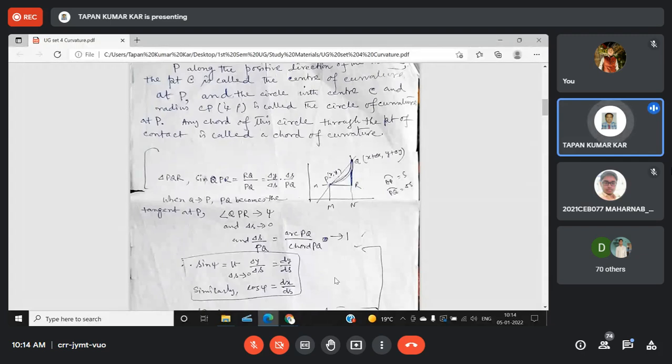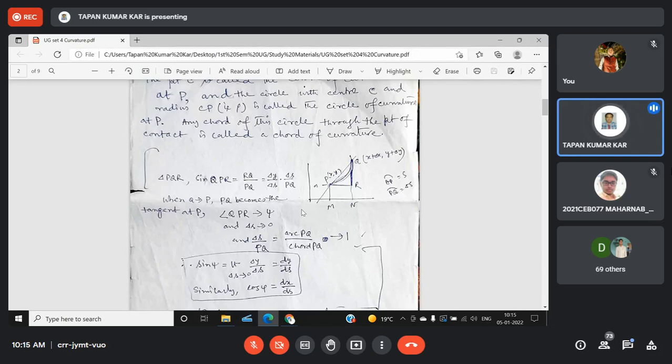It is known to you that tan psi equals dy dx. It is very much known to you from the tangent. If psi is the angle made by the tangent with the positive direction of x-axis, then tan psi equals dy dx. But what will be the sin psi? What will be the cos psi? Sin psi equals dy ds and cos psi equals dx ds. This ds is the arc length, when the arc length is very small, delta S tends to 0.